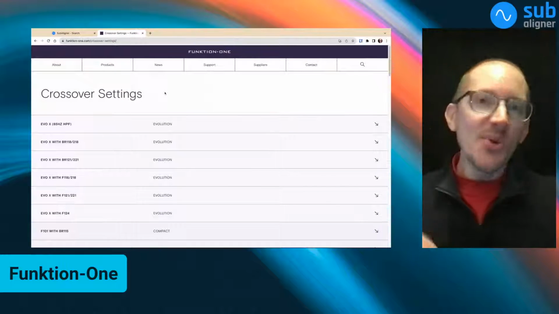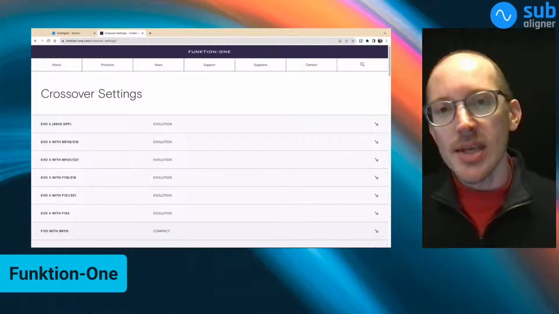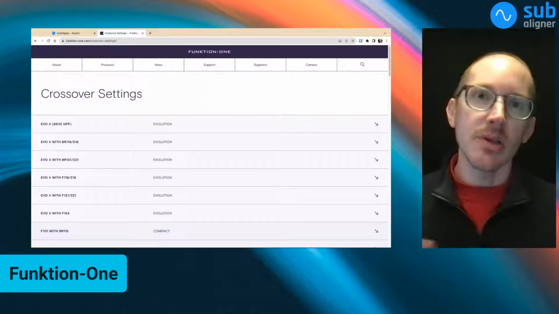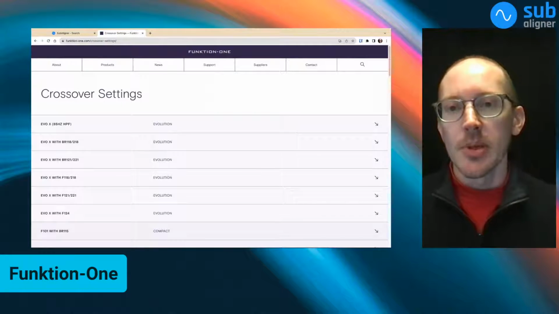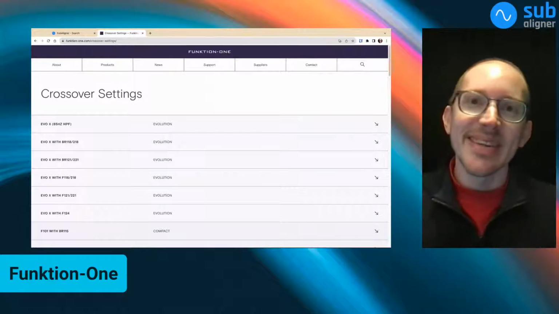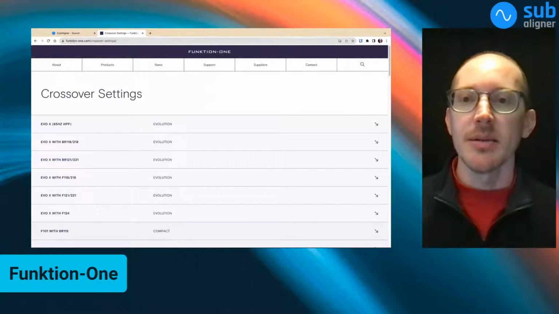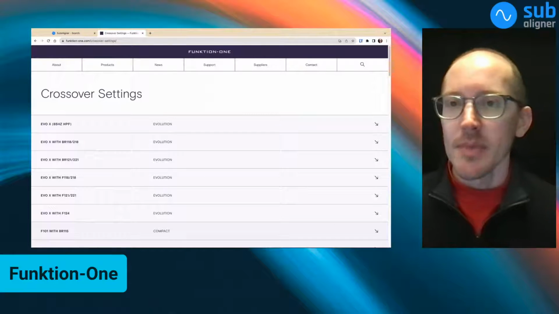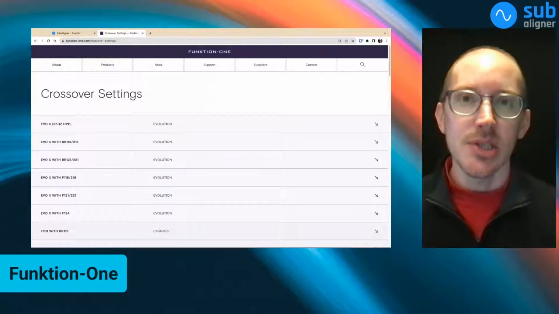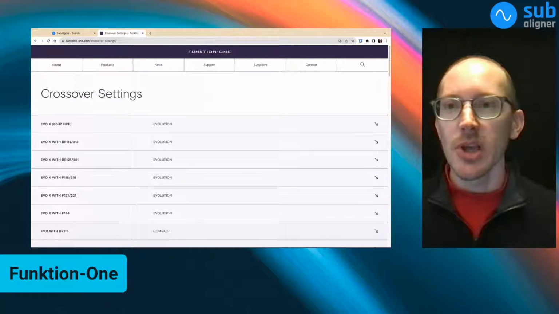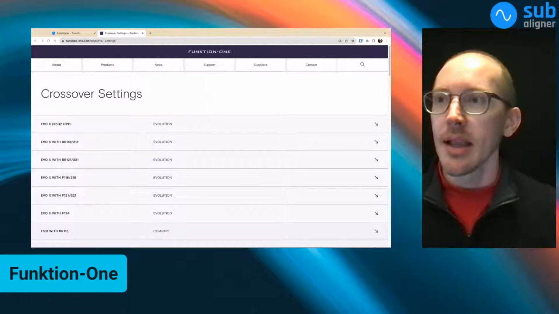Of course, if you have Funktion-One speakers and you would like to measure them and upload them to Tracebook or send them to me, I'd be happy to add them to the app. But this was the first step in moving in the direction of having more Funktion-One products available in the app. So feel free to add any questions or suggestions as comments on this video, and I'll be happy to try to answer those either now live